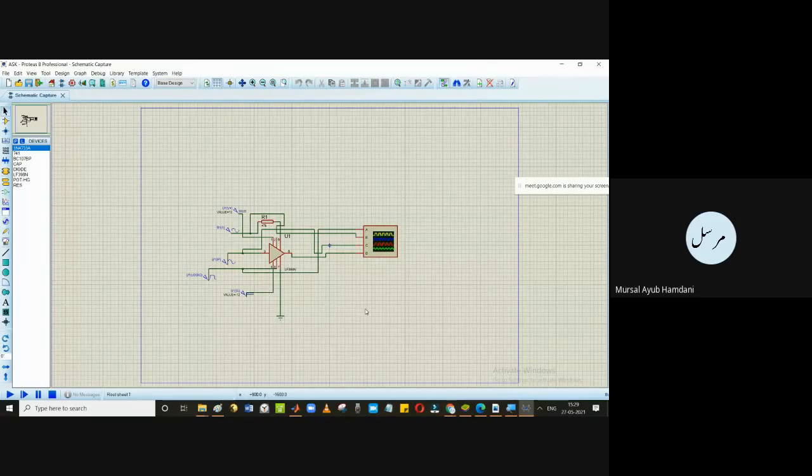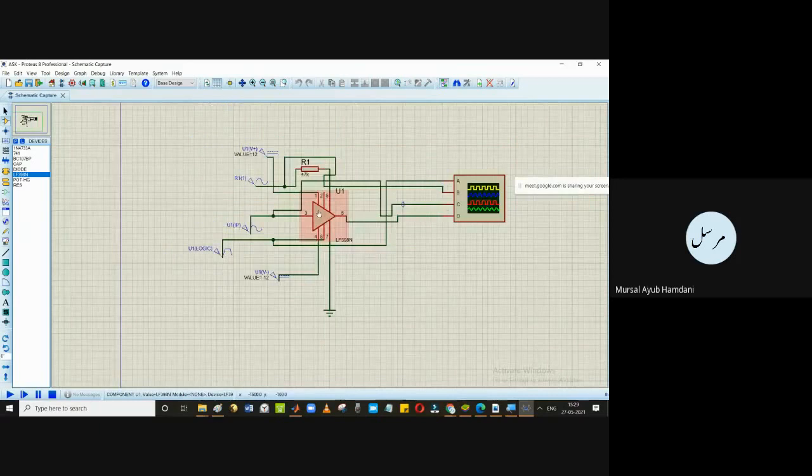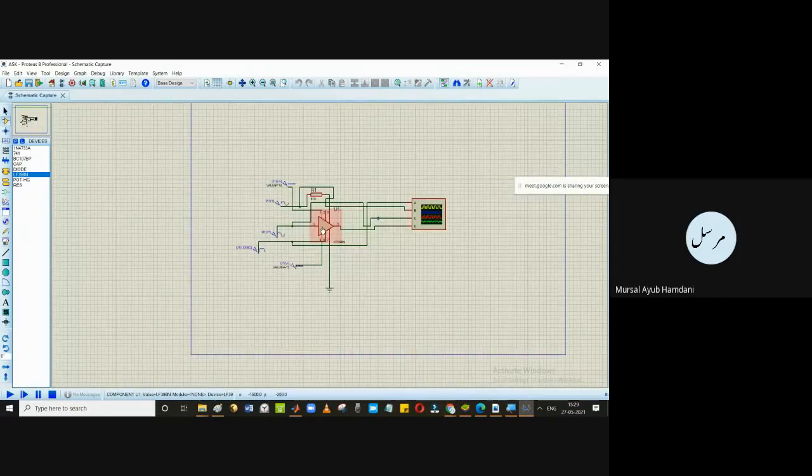Can you check how it works? For that, let me zoom in. We have this IC LF398. This IC is nothing but a sample and hold IC.